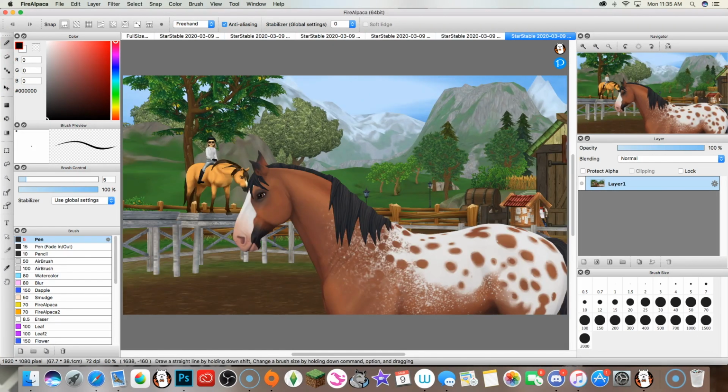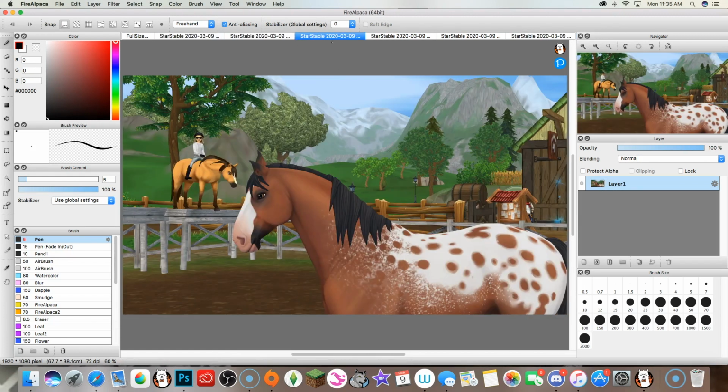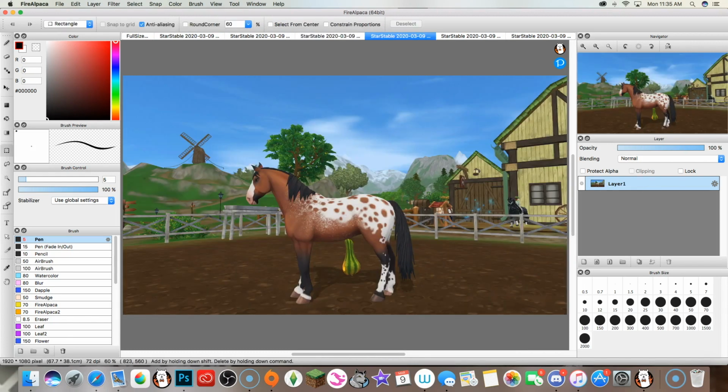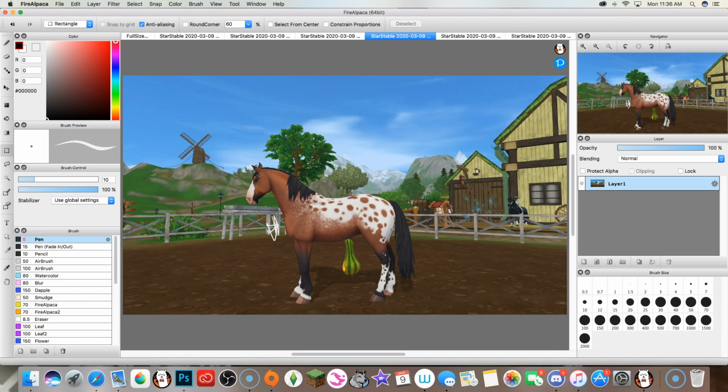And so my tips for taking screenshots: you're going to want just a basic one for the body, which we're going to start with first. So in order to select the horse, you can either just use the eraser all around it, and then use your lasso tool and select it. But I find the better way is to go to this little thing, select tool, choose polygon,